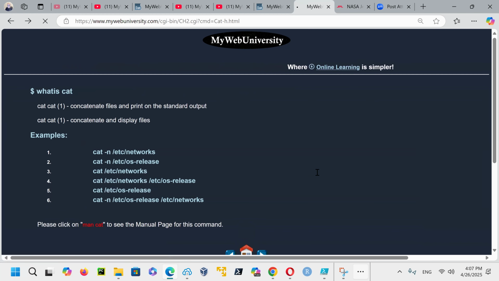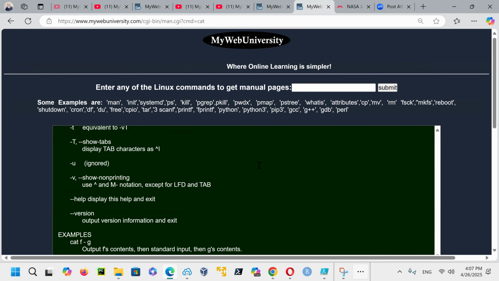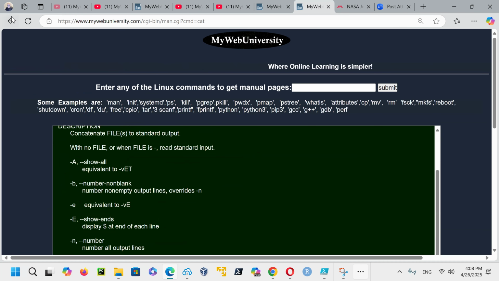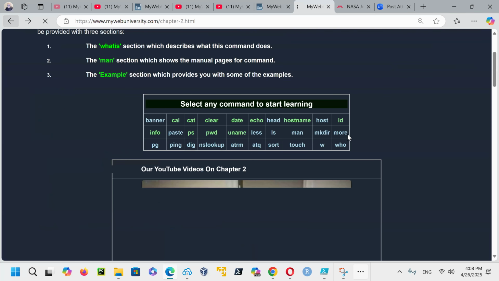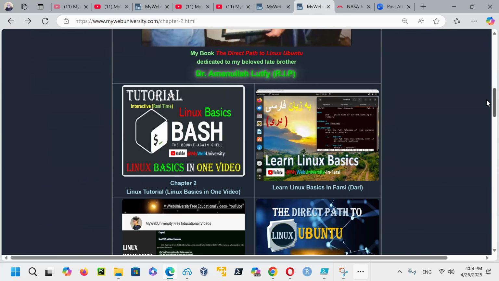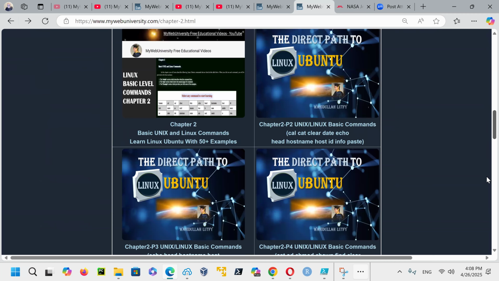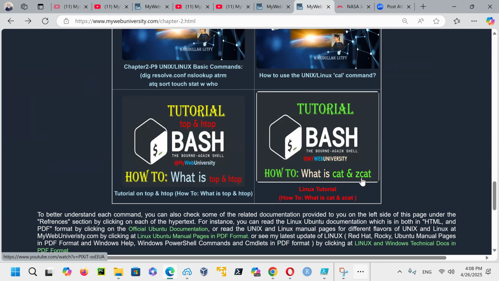And you can come in the man page, search it, and learn all those options. At the same time, watch my videos on this chapter. I have made a lot of videos that explain this. For example, on the cat command, I show you all the details of it. And there's also a particular video, like here, you see that I created, on what is cat and what is zcat. This is Z for compressed files that you can concatenate.